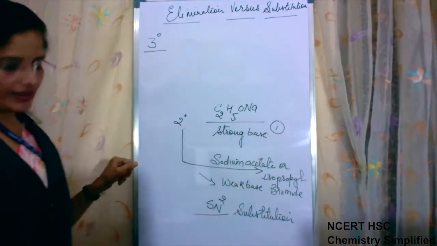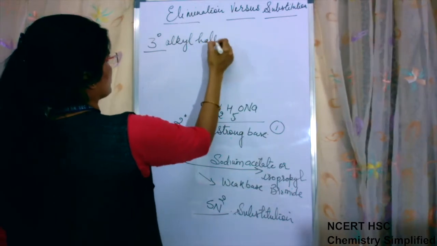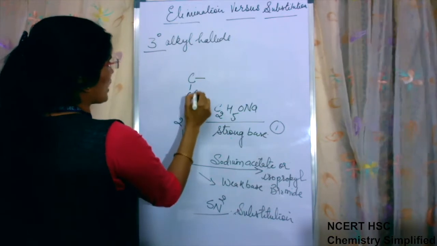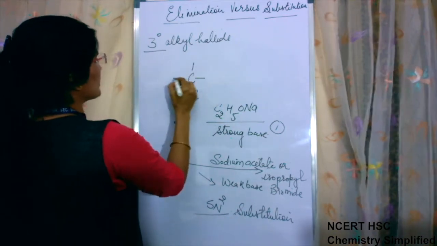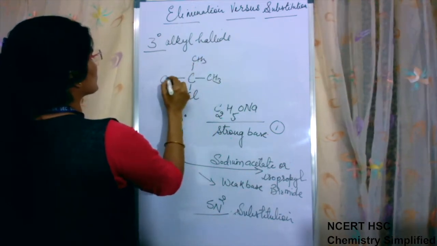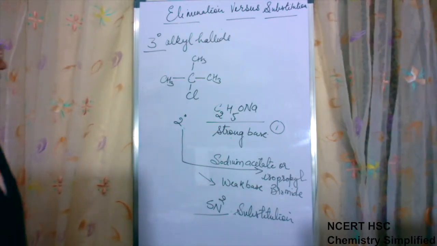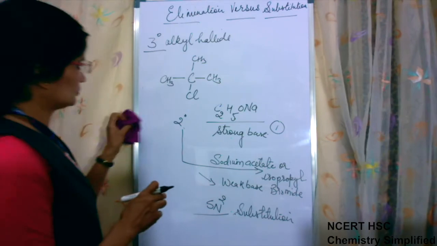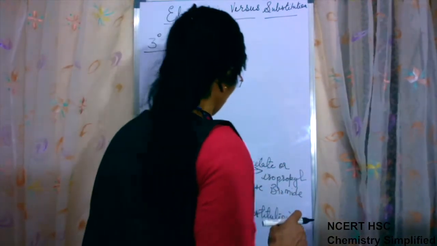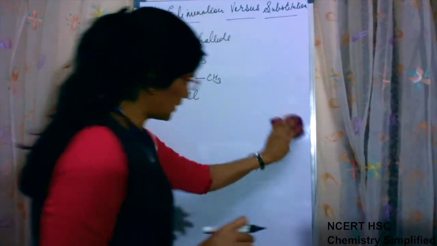In case of 3 degree alkyl halide, how will it look? The carbon which bears the functional group is attached to 3 more carbon atoms. Okay, this is 3 degree. Now, when 3 degree alkyl halides are there, then